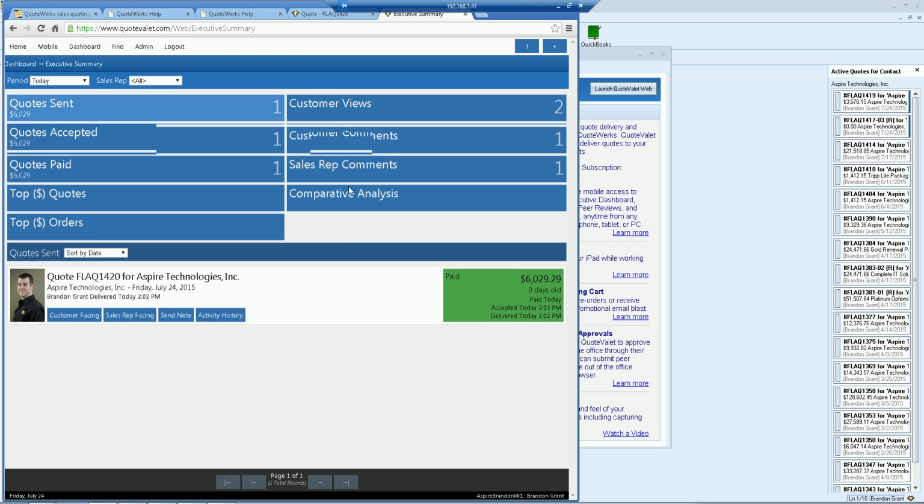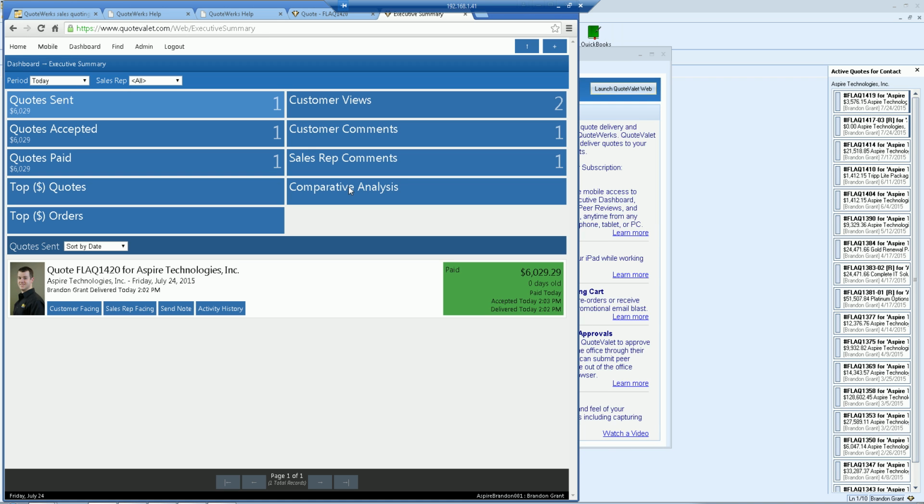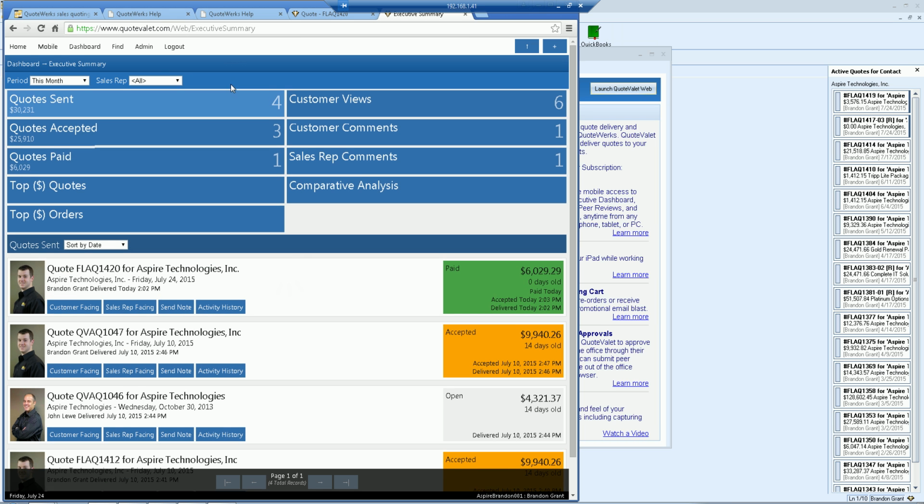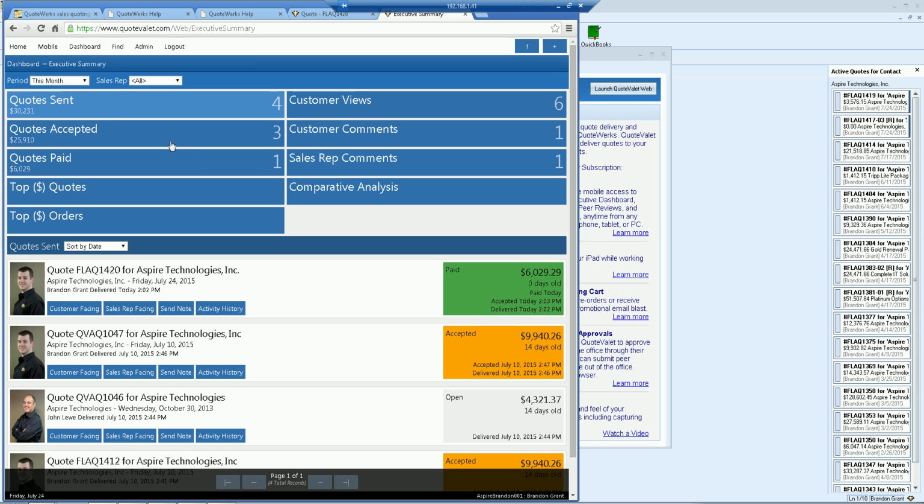The executive summary. So all the admin people, this will probably be something that you like to see. The executive summary is going to give you a summary of the documents in QuoteWerks. You can set the different date ranges, so you can see how the reps are doing during a specific month. So you can see for this month we've sent out 4 quotes, 3 were accepted, 1 was paid,